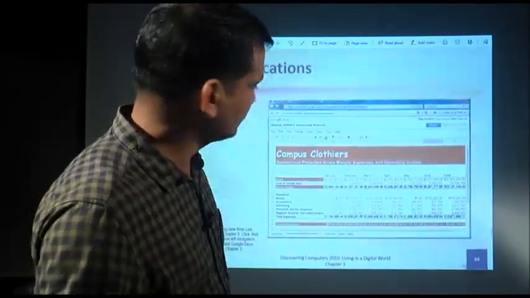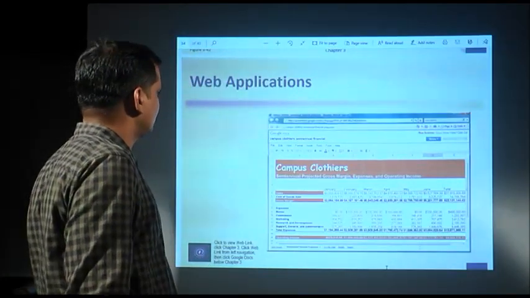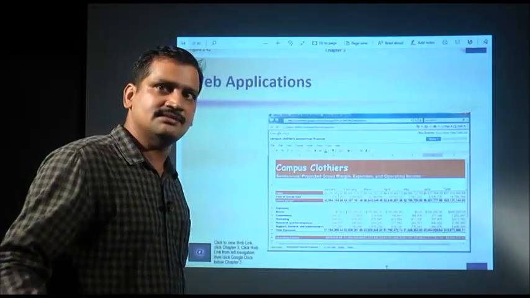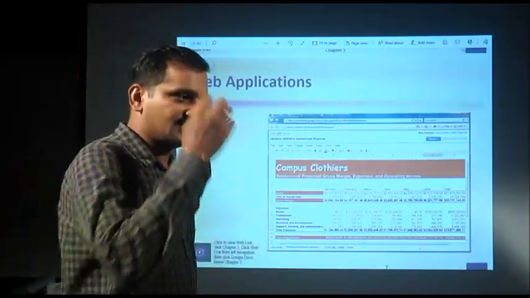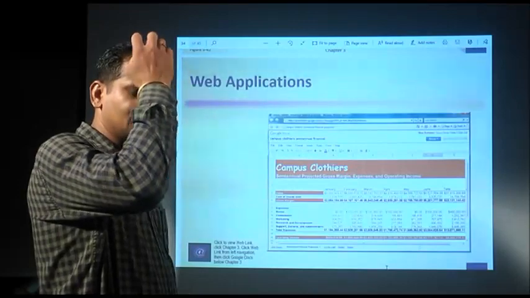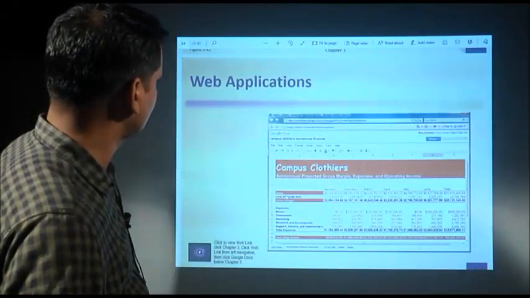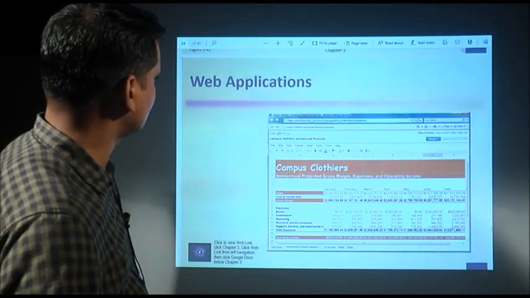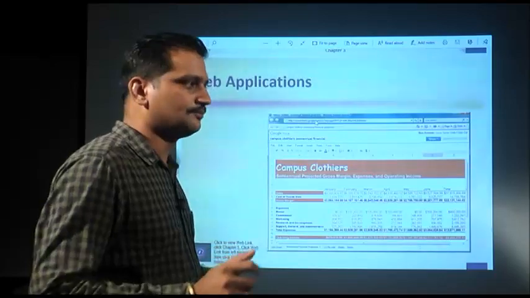And to get the applications available on the web, you need a browser. Many browsers are available nowadays like Internet Explorer, Google Chrome or Mozilla Firefox, any browser you open, and in the address bar of the browser, this bar is the address bar. You write there Britannica.com, then it is going to open that page.